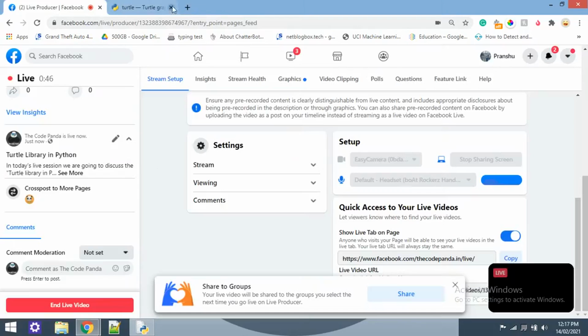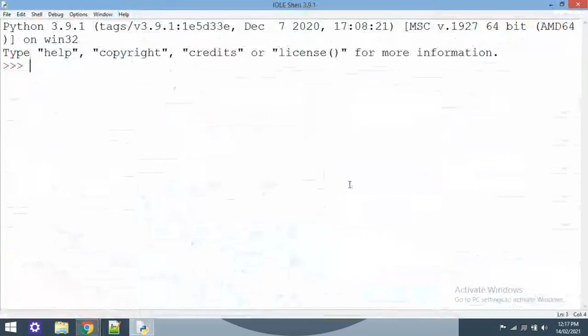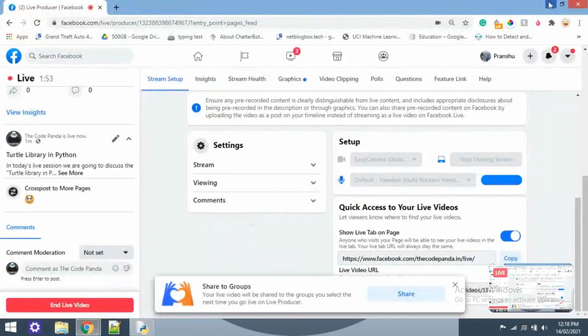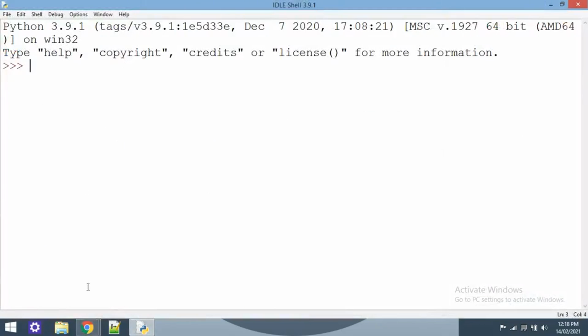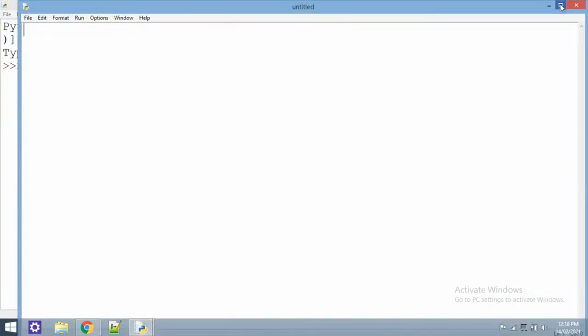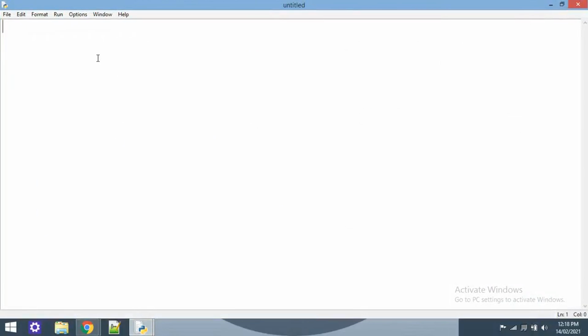First of all, you don't need to install any library in order to start using Turtle. Let's open a new file. Great, we have started our new file with a new library. First of all, import turtle.